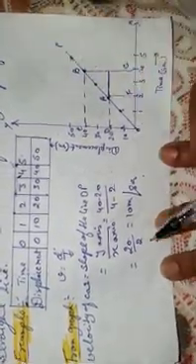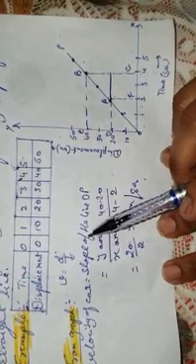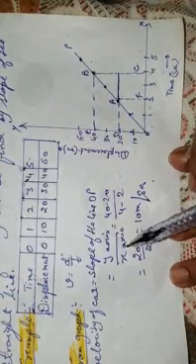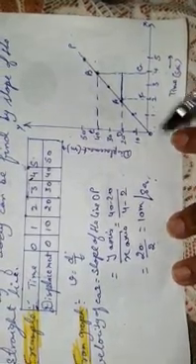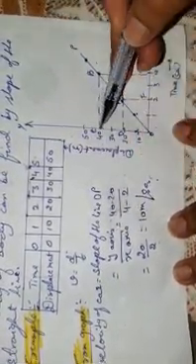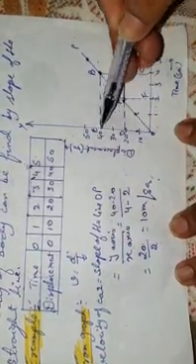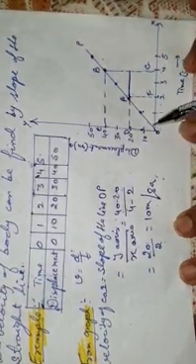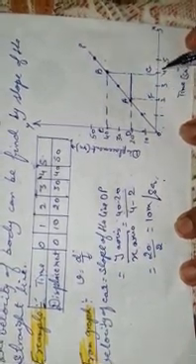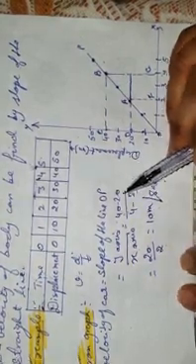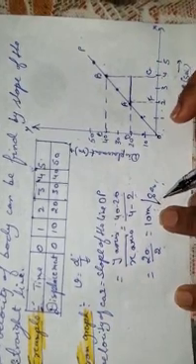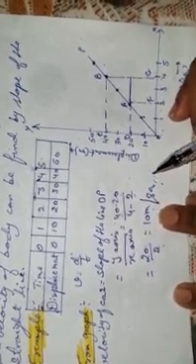Now we know that if we have to find the velocity, we have to find the slope. And how do we find the slope? Slope is given by the y-axis change divided by the x-axis change. From the figure, on the y-axis you see this ED. What is ED? 40 minus 20. And on the x-axis you see GF, that is 4 minus 2. So 40 minus 20 will come 20, and 4 minus 2 will come 2. So the velocity of the car is 10 meter per second.